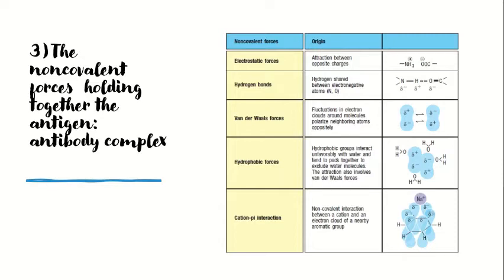So now back to the discussion about the factors that influence the interaction between the antigen and antibody molecule, and one of these factors is the non-covalent forces that hold together the antigen-antibody complex. And these interactions can be disrupted by a lot of factors such as high salt concentrations, extremes of pH, detergents, and sometimes by competition with high concentrations of the pure epitope itself. So the binding can therefore be regarded as a reversible non-covalent interaction.